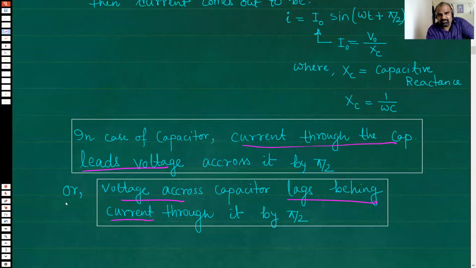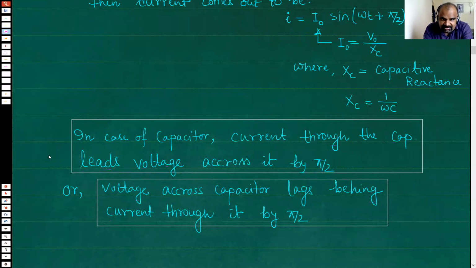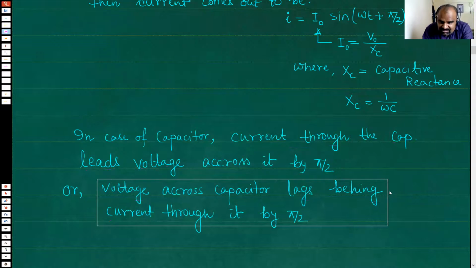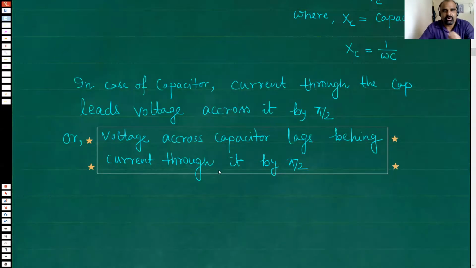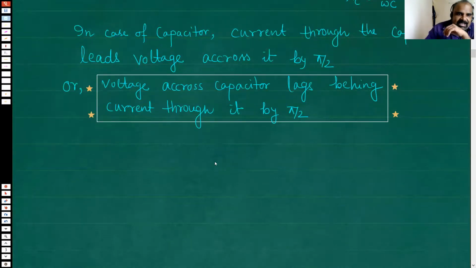Now, out of these two, you have to memorize one. Which one would you prefer? You may say, sir, we will prefer this statement. It looks more logical to you. Well, of course you can. But reality is that if you remember this statement, it will serve you better. Both are the same. I'm not saying that they are different. But this statement we should memorize now because we will make use of it while solving more complex circuits. Okay. So now let me draw the phasor diagram.